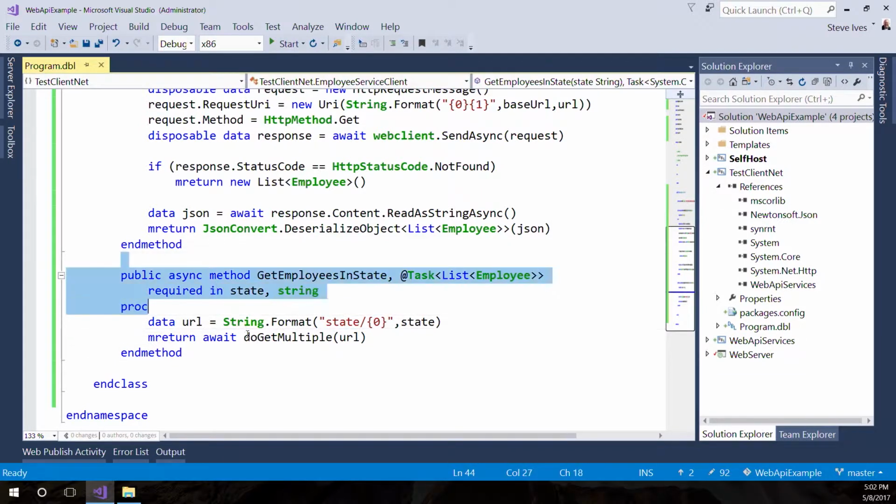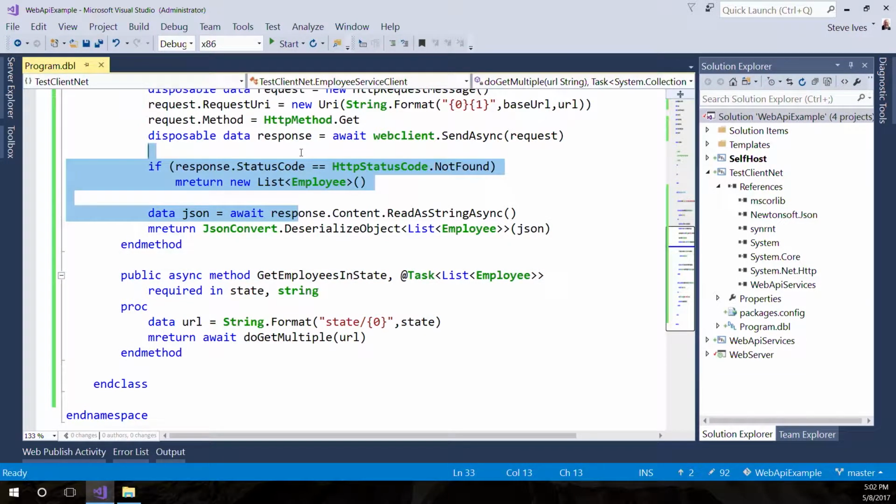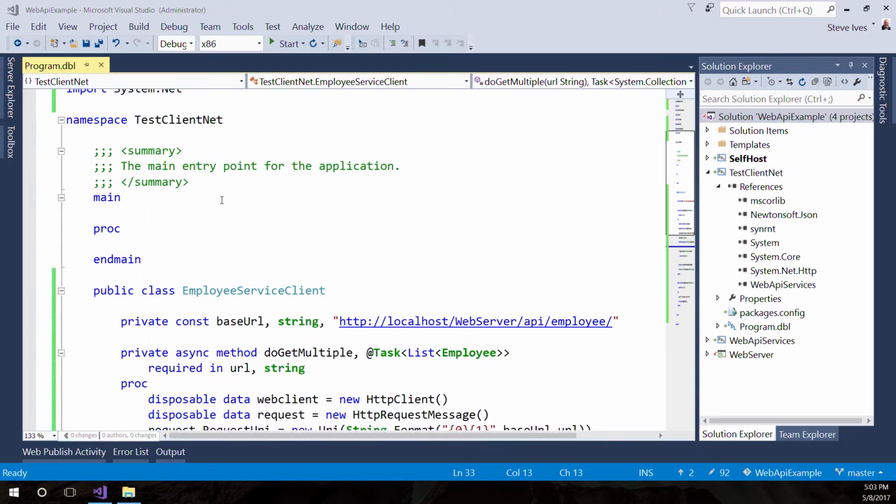So I could implement one of these little methods that calls this for all of the different operations in the service that return a collection of employees. And then basically what we're going to do is call it from the outside. So back in our program, we're just going to add a bit of code